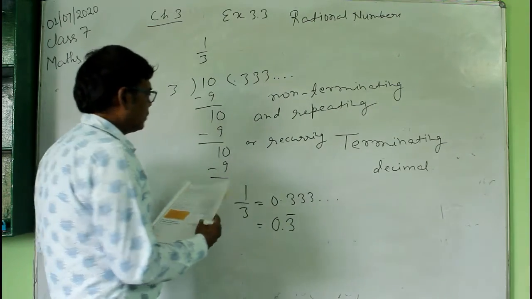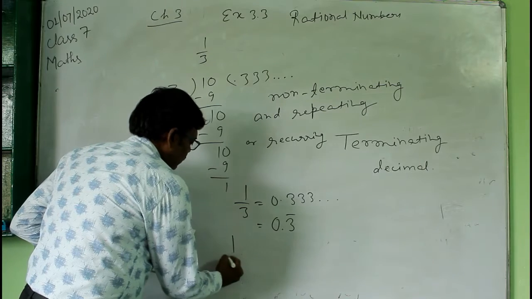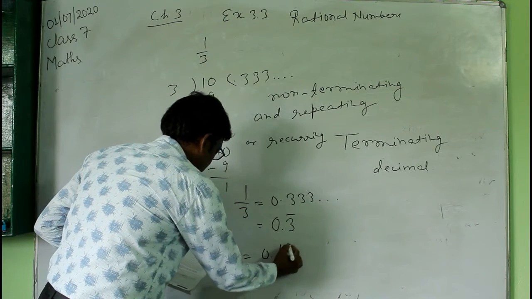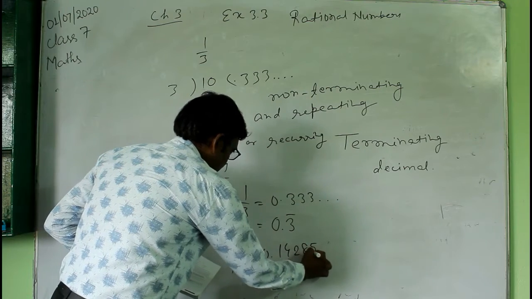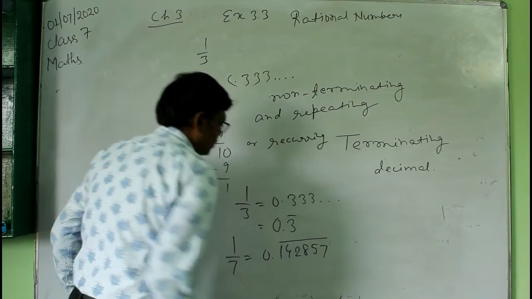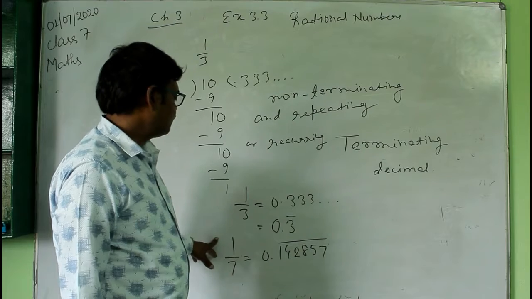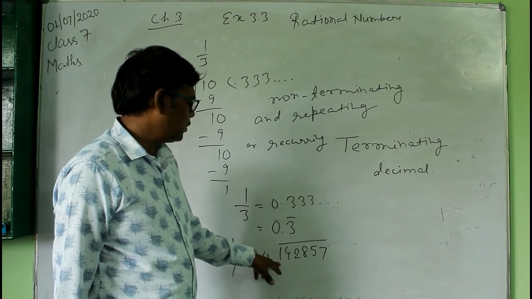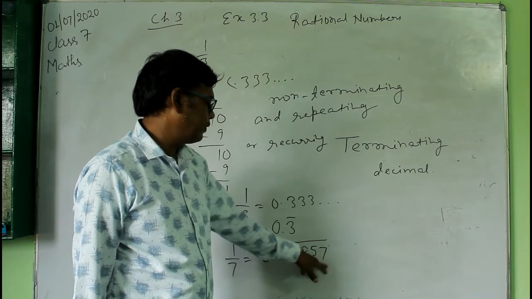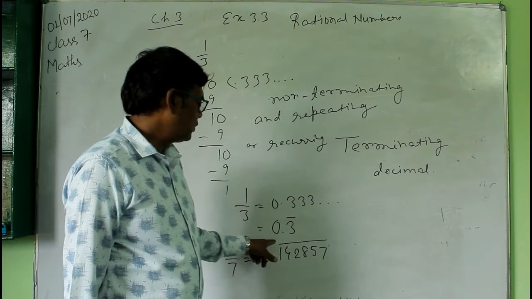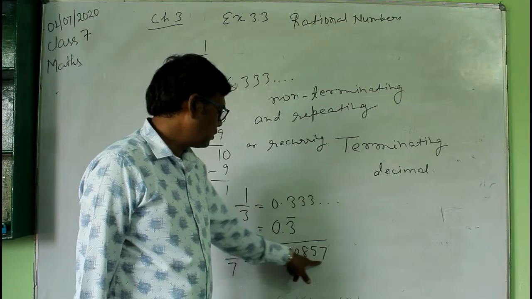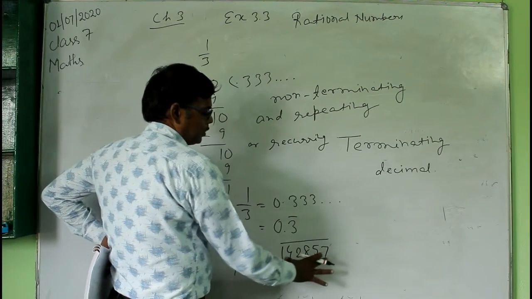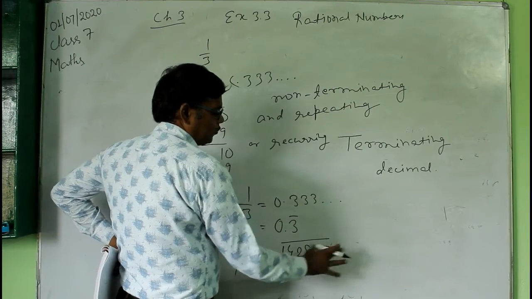There are many numbers like this also. You can try 1/7. If you divide 1/7, then you will get 0.142857, and here we put a bar, and it means that when you divide 1/7, then you will get these digits, 142857, and see that the bar is over these digits. मतलब यहाँ पर जो बार लगा हुआ है वो इन सब पे लगा हुआ है. इसका मतलब ये जो पूरा ग्रुप है, this group will keep on repeating.